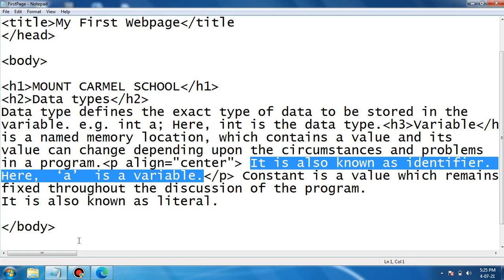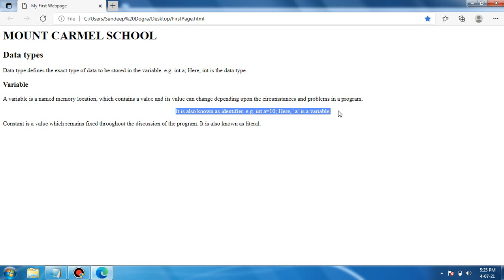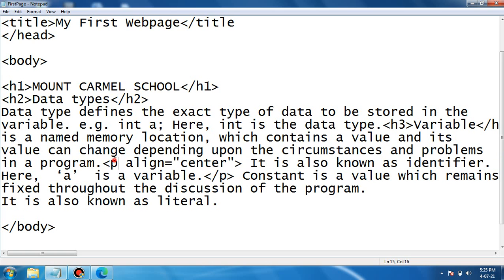If we save it and refresh this page, you can see it is now in the center. In this way we can use the align attribute of the paragraph tag. Remember this: use attributes only in the start tag, not the end tag.